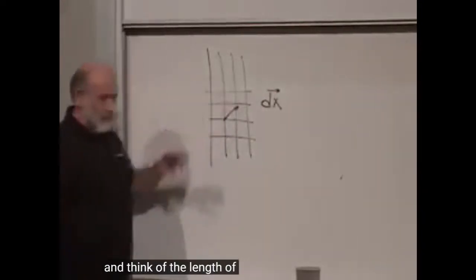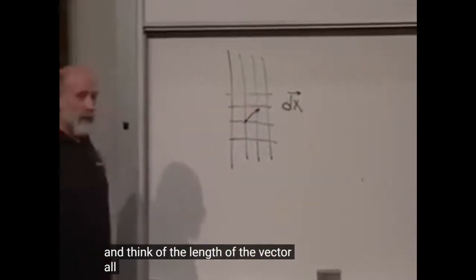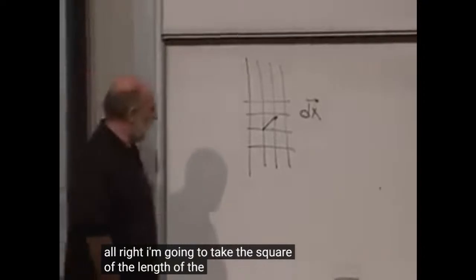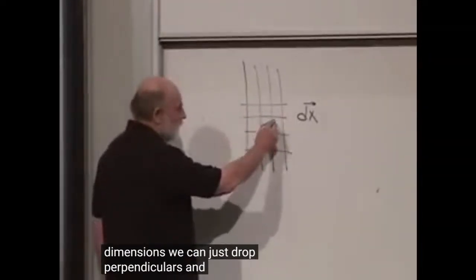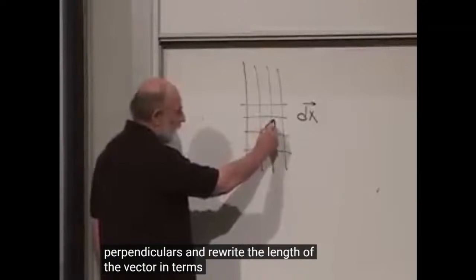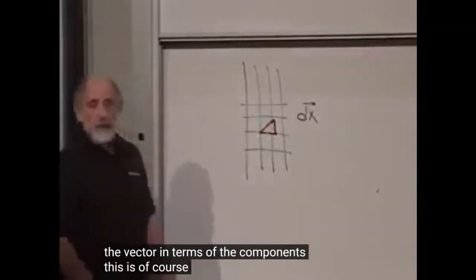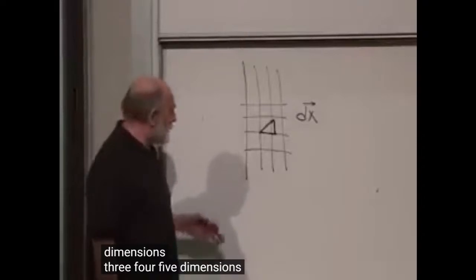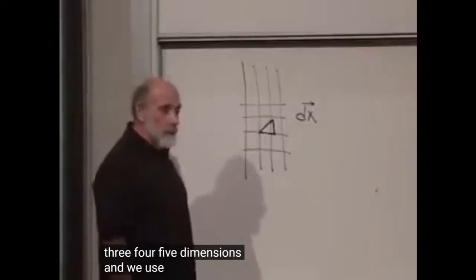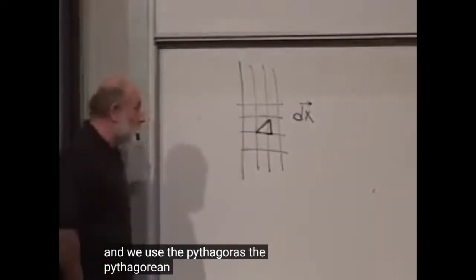and think of the length of the vector. All right, I'm going to take the square of the length of the vector. In 2 dimensions, we can just drop perpendiculars and rewrite the length of the vector in terms of the components. This is, of course, also true in higher dimensions, 3, 4, 5 dimensions. And we use the Pythagorean theorem